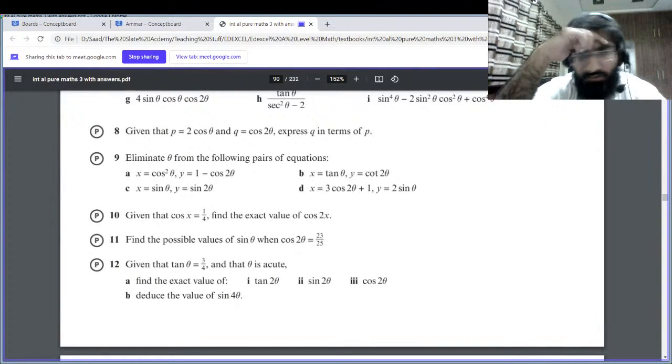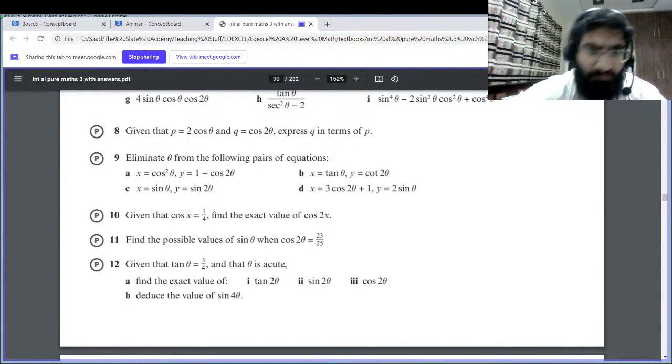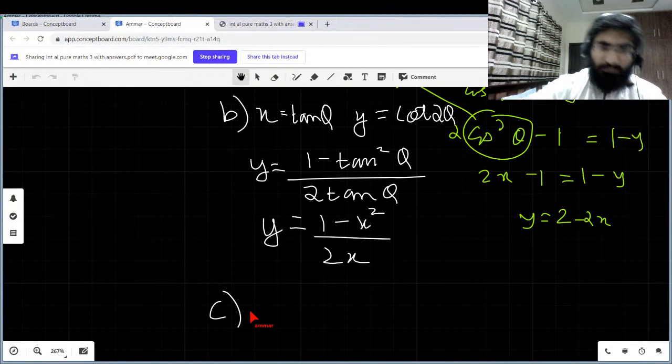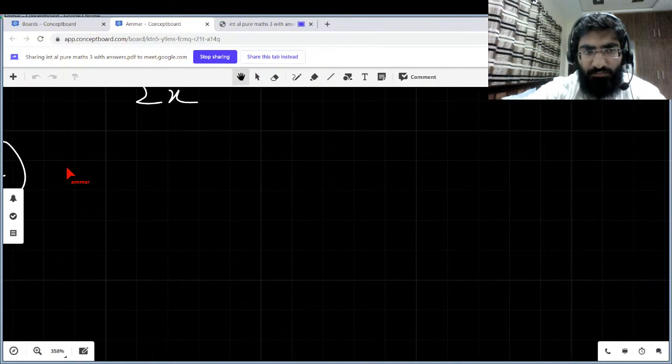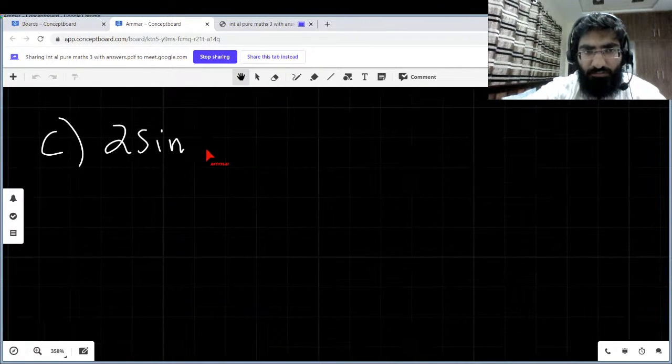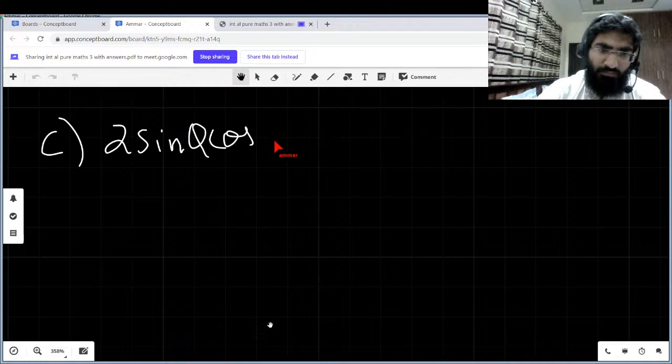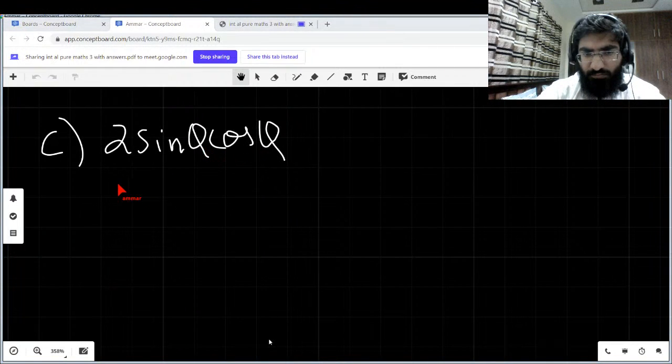Done? Okay. Quickly, third one, c. Okay, what is the double angle formula for sine? 2 sine theta cos theta, right? So that means it's 2